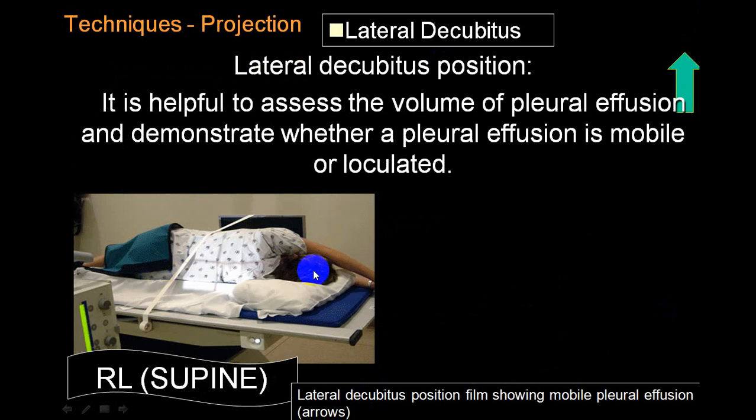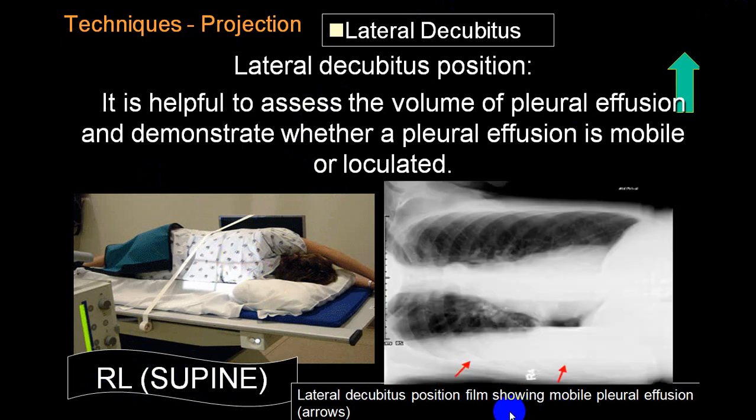So this is lateral. You can see here, this is the right side of the patient, which is touching what we call the table, and this is an X-ray plate. So this is a right lateral decubitus. It is the right side which is touching. So right lateral supine posture, or you can call it right lateral decubitus posture. So you are mainly going for a right side pathophysiology. In that case, you will be taking a right lateral.